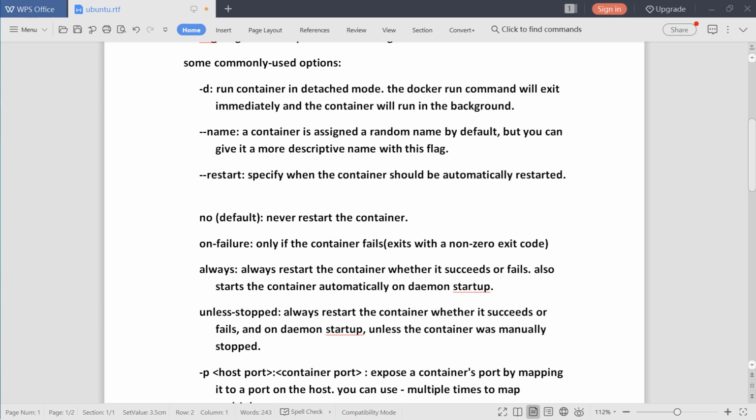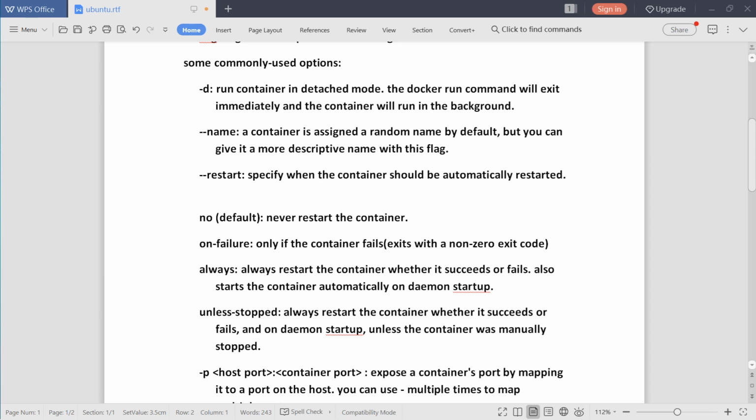It means never restart the container. Once it is stopped, it won't restart. For that, by default no flag is used in the docker configuration.